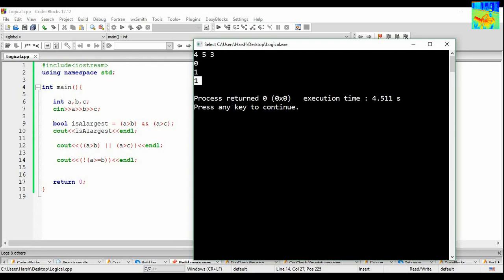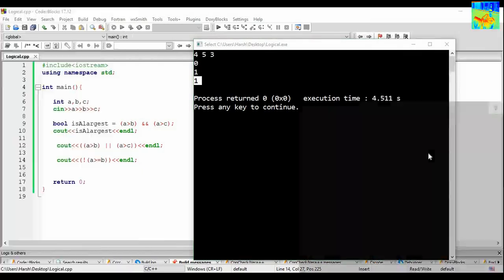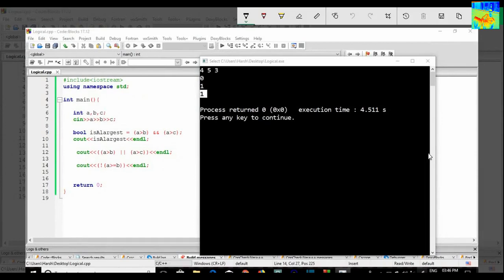So is 4 less than, just a second. So this whole expression is coming out to be true. That means A greater than or equals to B should be false. So is 4 greater than or equals to 5? No, the condition is false. And in total this whole expression will be true.